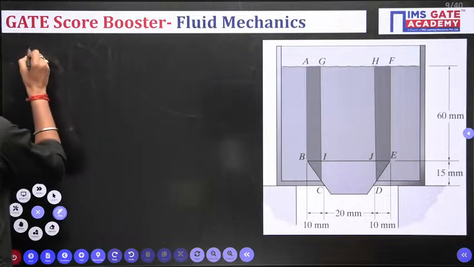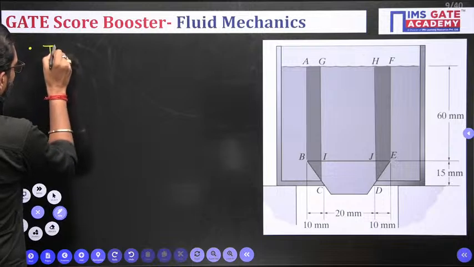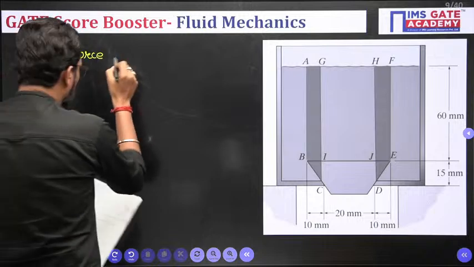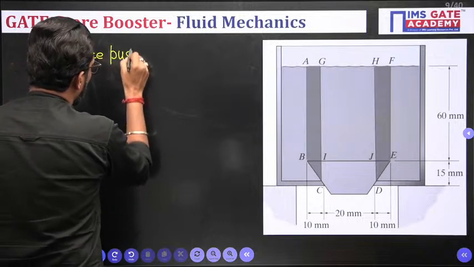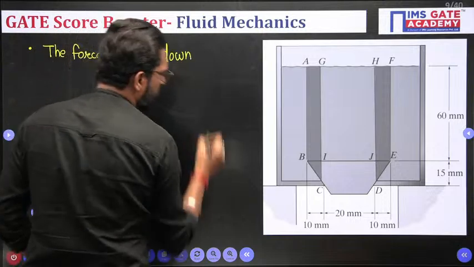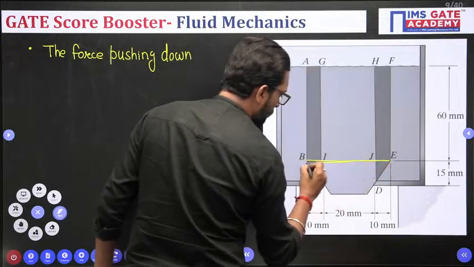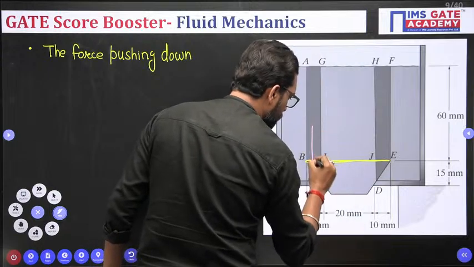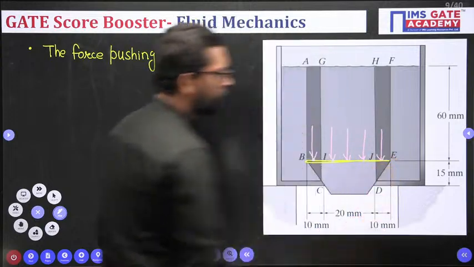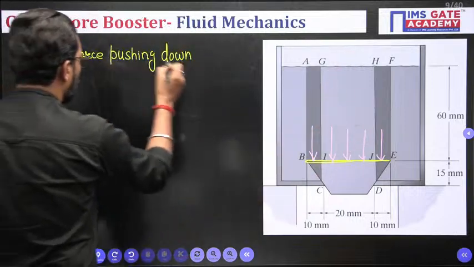First, see my dear, what you have to think is like that. The force pushing down, yes, this will push down. That means on this surface the force is downward. Yes or no? The pressure force is downward. Why? Because of the crude oil. So the force pushing down